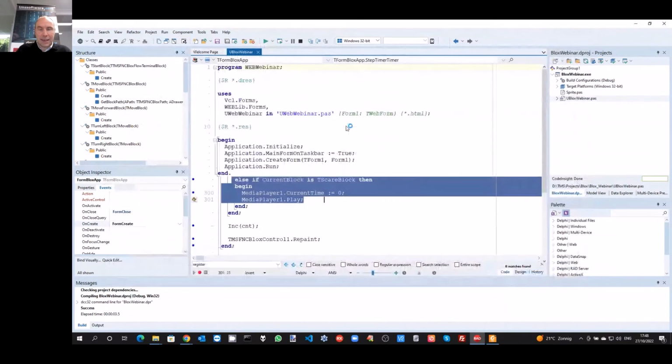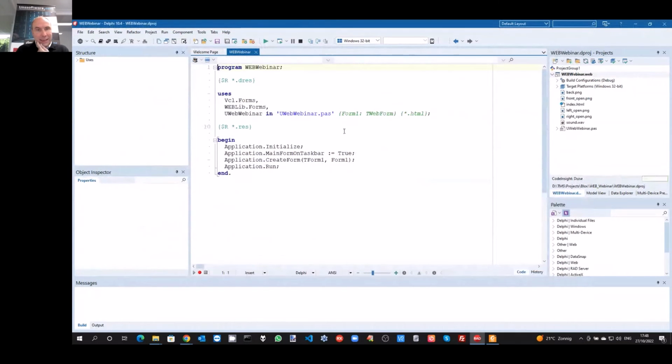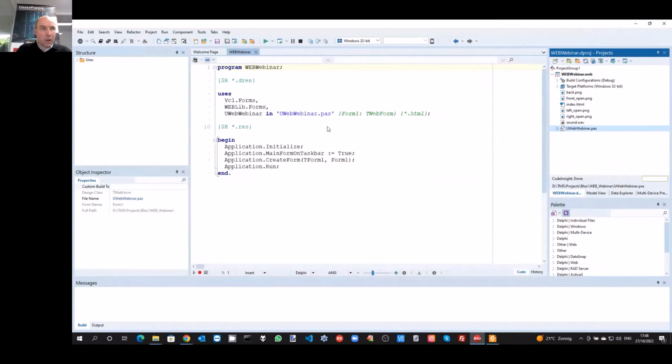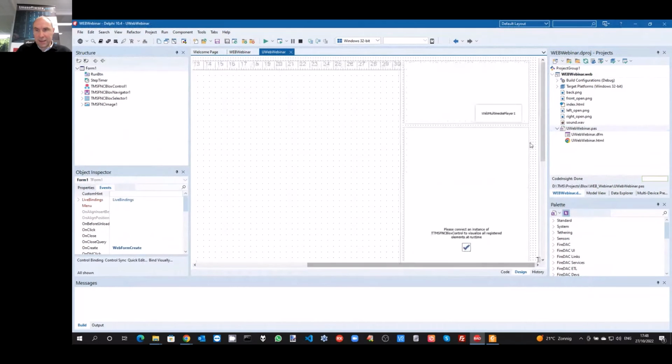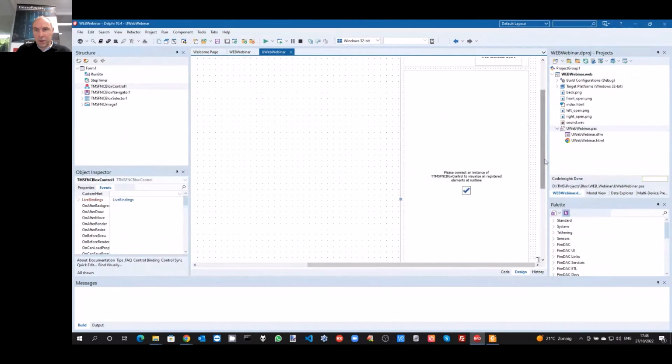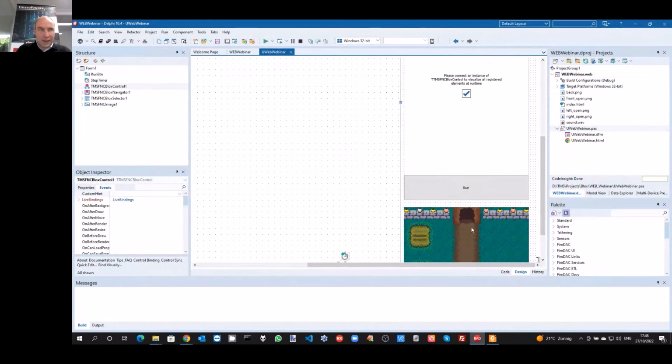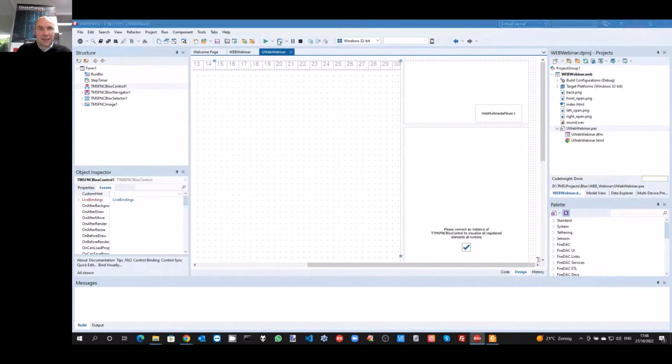And that means that we can have exactly the same code that we, in this case, will run in a web client. So what we have here is our same Blocks control, the blocks selector, and here at the bottom, the FNC image where the pumpkin animation is shown. So everything is exactly the same.